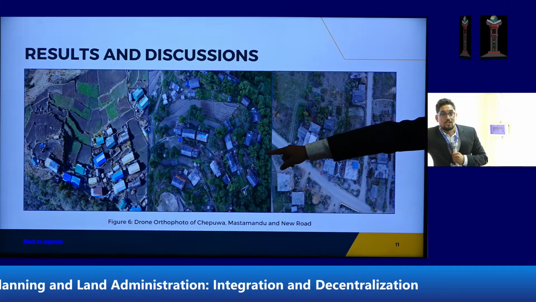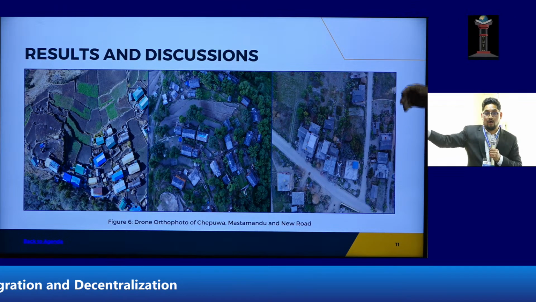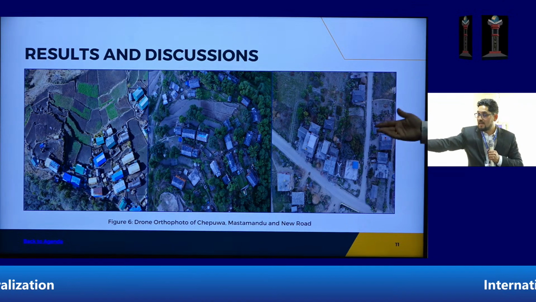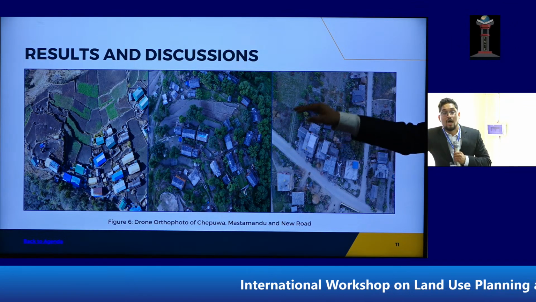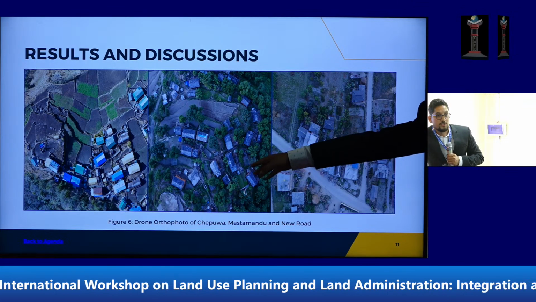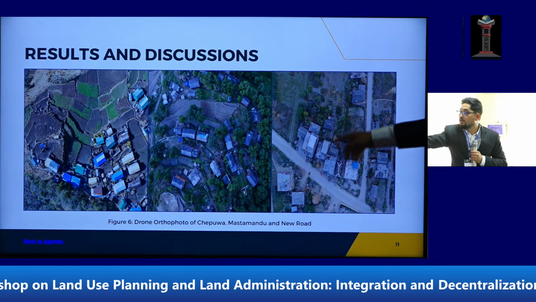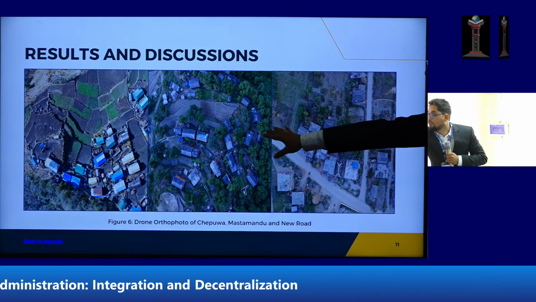And the galvanized sheet is covered with the knitted bamboo cover, which is one of the resources they use to cover their houses. So that can be clearly visible, right? And the second one, there you can see, this is for the hilly region, and the rooftop is